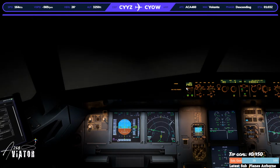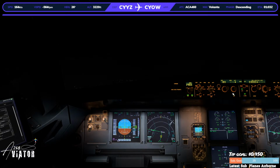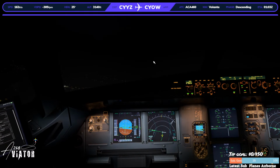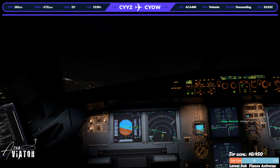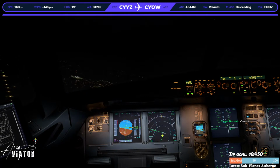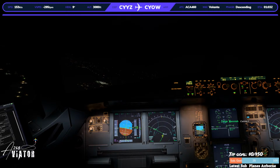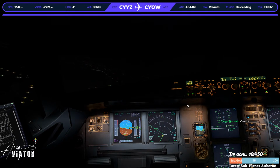So we're going to arm the localizer right now, since localizer is active here, and we'll maintain 180 until we get to that line and we do manage speed. Speed check, flaps 2, and the localizer is captured, so we'll let that know now. Check 2,000, 5,000, check. Ottawa traffic, this is Air Canada 460 left base, join the localizer, runway 32 left, runway 32, no, left side. All right, and we're going to arm the approach as well,